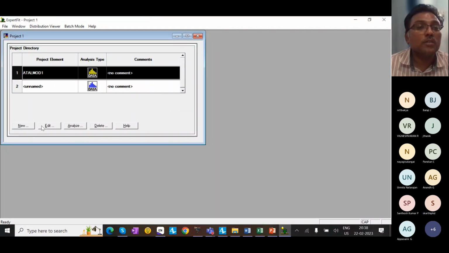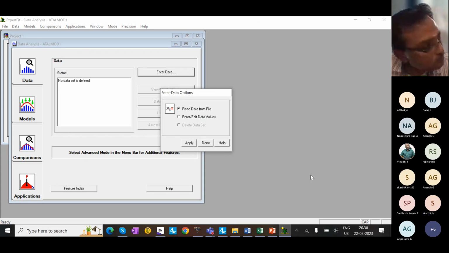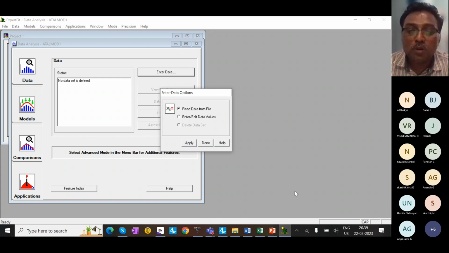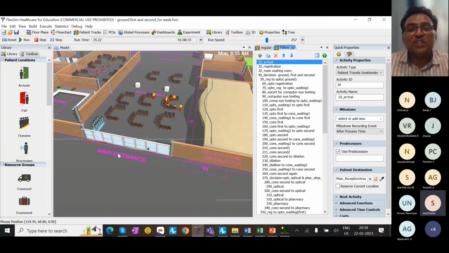But there is a tool already developed by someone else, sir, with open source. Yes, I shared open source software also. The problem is you won't get this kind of graphics in open source. See, I have shown a 3D model here. This kind of thing you will not get.